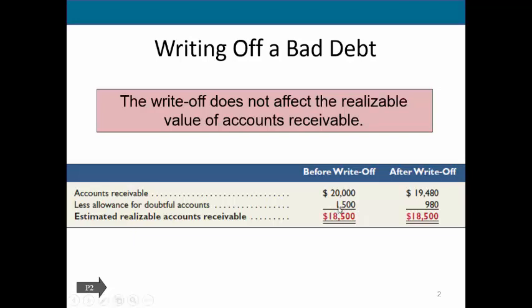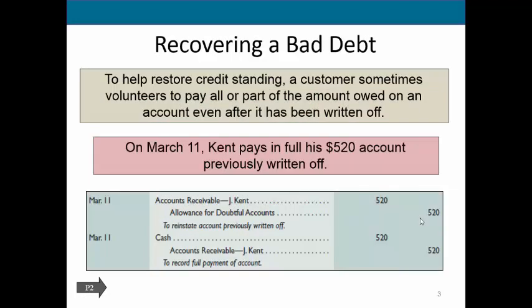Now it's $1,500 minus the $520 that we actually know we won't receive. So that's how we end up having the same net realizable value both before and after the write-off. So then again, like we looked at with the direct write-off method, what happens when we actually recover a bad